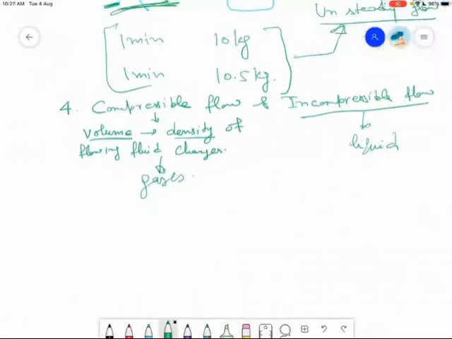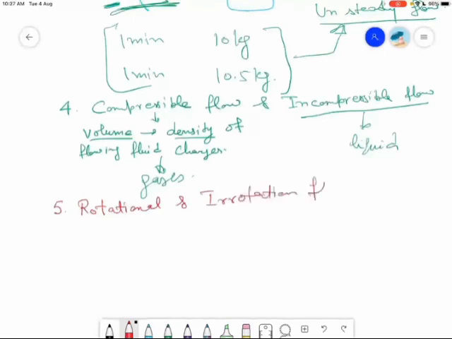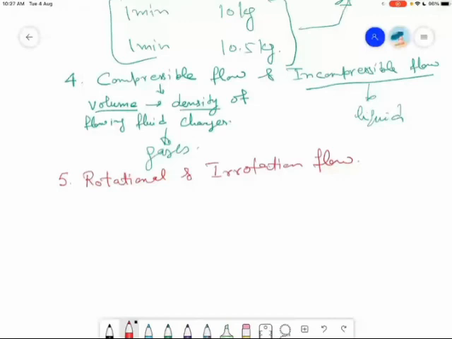Now another classification of fluid flow is the fifth one, rotational and irrotational flow. ठीक है, तो इसके लिए मैं एक एग्जांपल ले रहा हूं। मान लीजिए कोई कंटेनर है आपके पास, मैं उसका टॉप व्यू ड्रॉ करूंगा। इस कंटेनर में मैंने मैच स्टिक डाली है। और मैं इस कंटेनर को इस डायरेक्शन में रोटेट कर रहा हूँ।